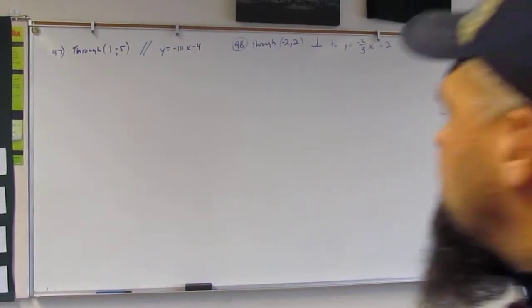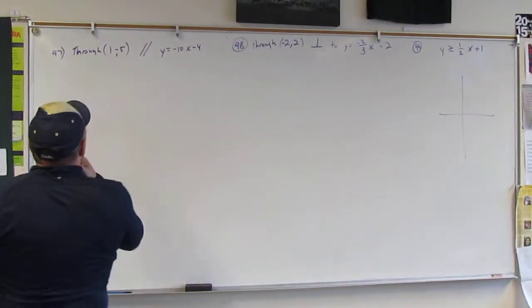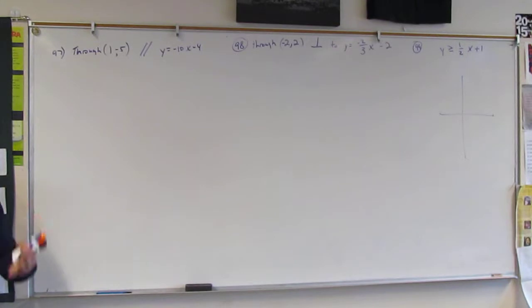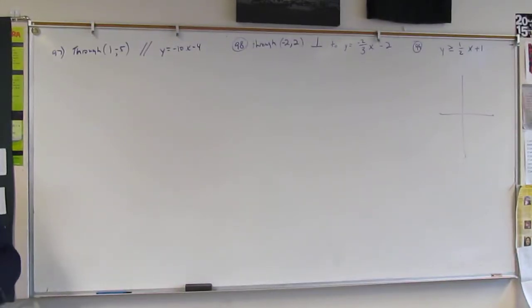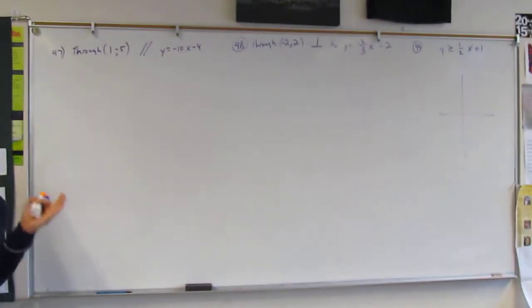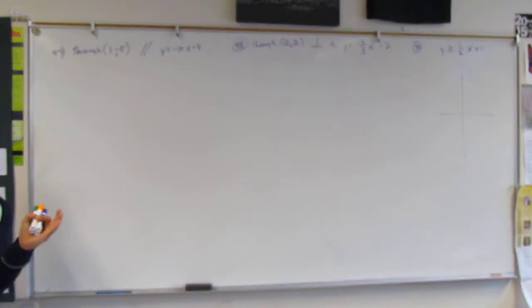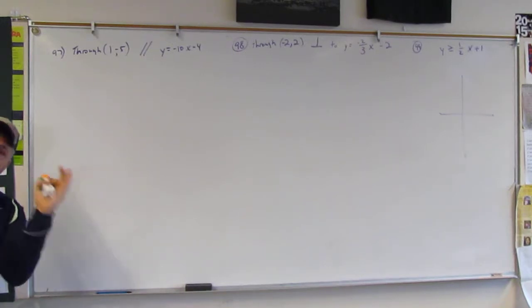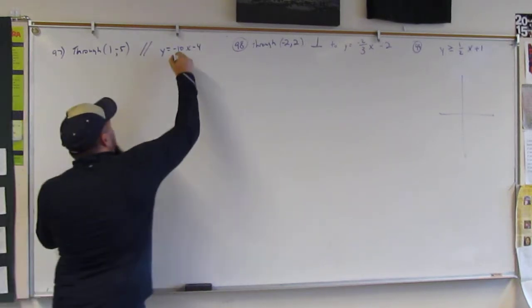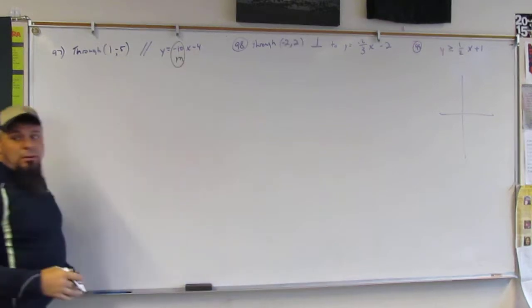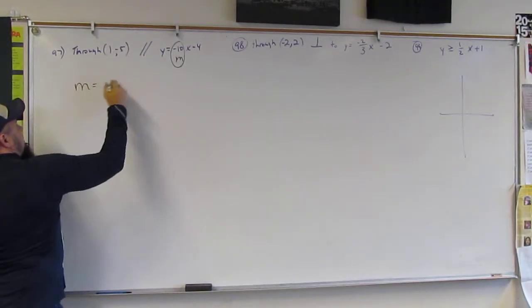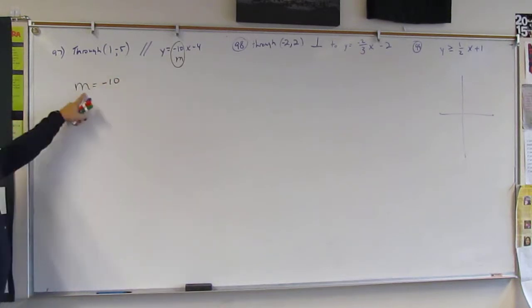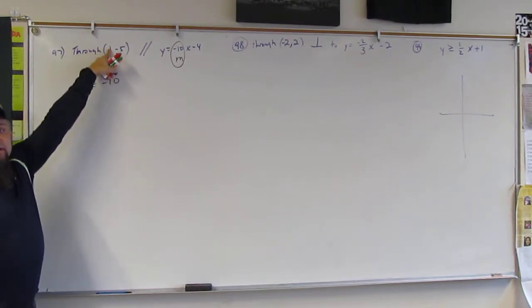All right. So 97. Again, all they want is an equation. So you have to know, what does it mean to be parallel? What are slopes? Remember, when they're parallel, slopes are the same or opposite? Same. Yeah. So if this is your slope, it's the same slope. M is equal to -10. So you have your slope, you have your point, and this is right back